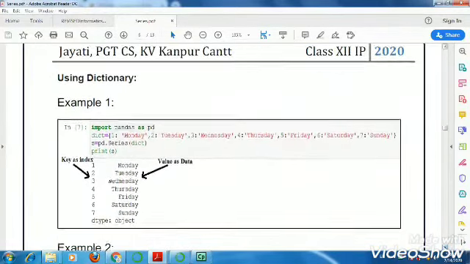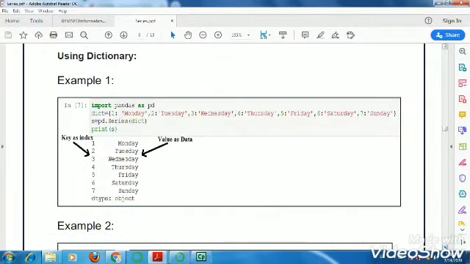You all know a dictionary is a sequence which is a combination of key value pairs. So here you can see a dictionary. It is always enclosed within curly braces. Then one is the key. After the key we put a colon sign and then the value. So in this dictionary we have weekday names. The key is the weekday number and the value is the weekday name.